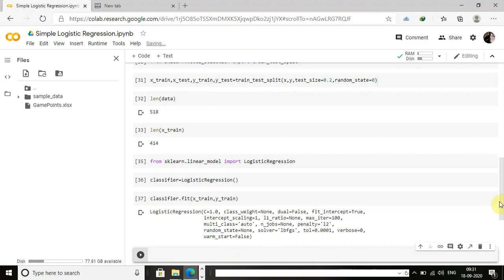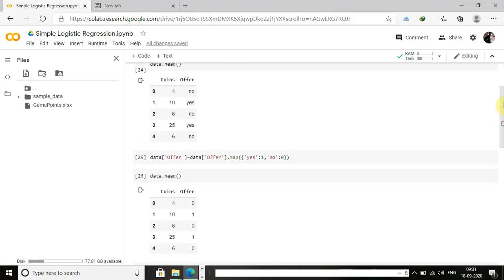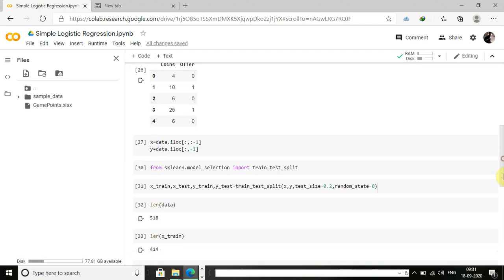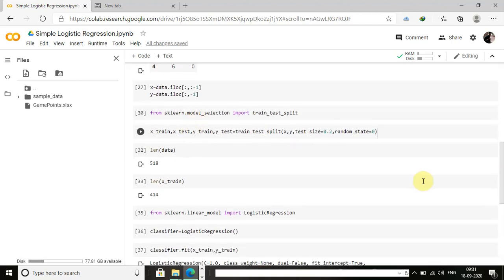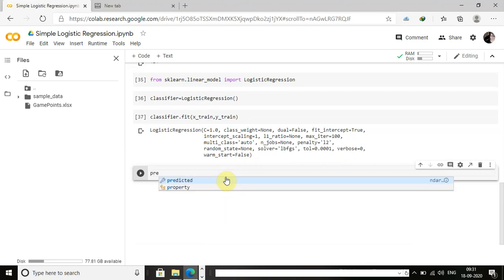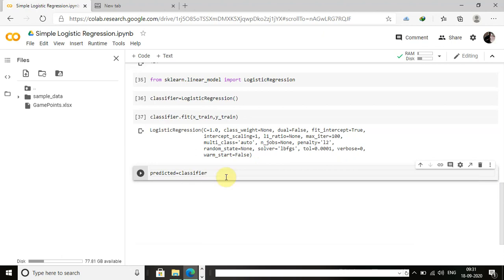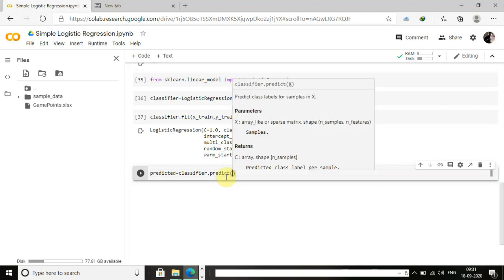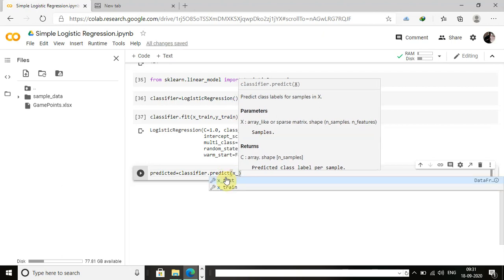So now I'm going to check whether the model is predicting the correct values or not. For that I'm going to use my test data set. First I'm going to initiate one variable called predicted. In that I'm going to store the values my model calculated for the test data set. So classifier.predict(X_test).